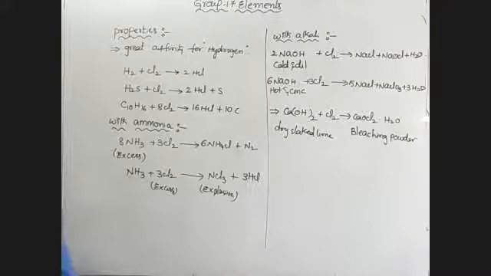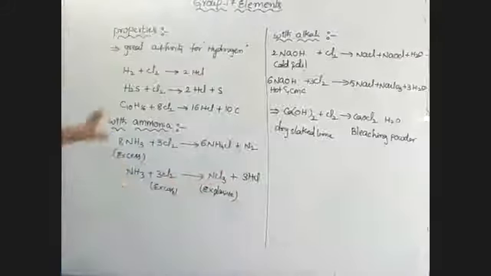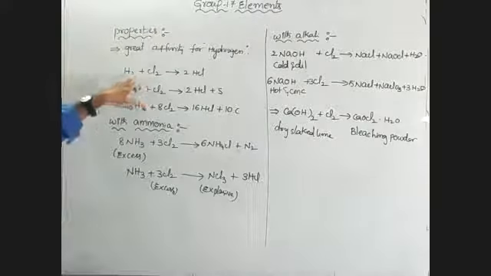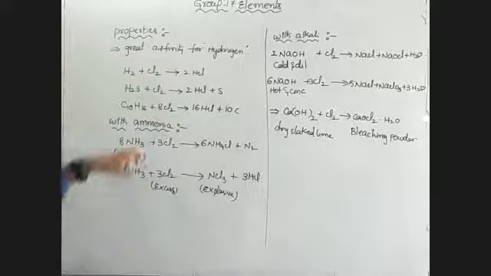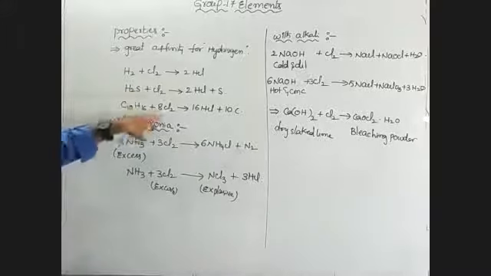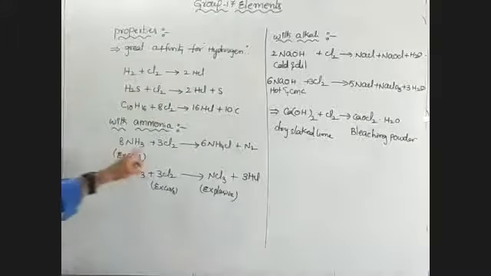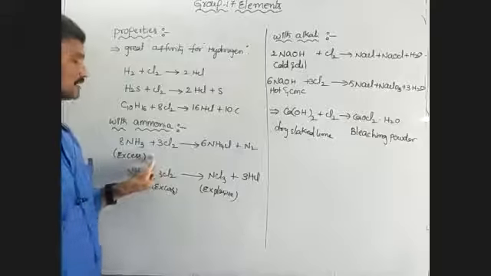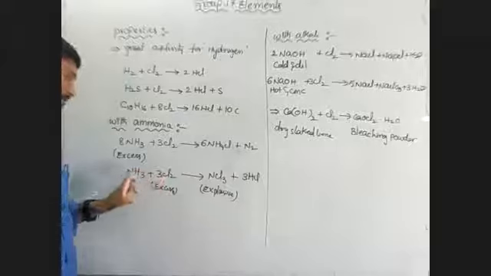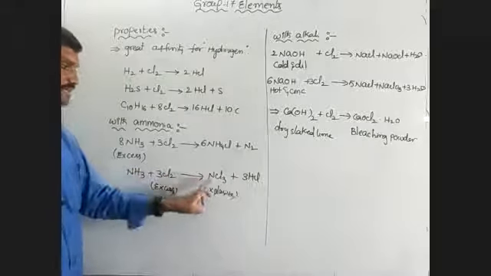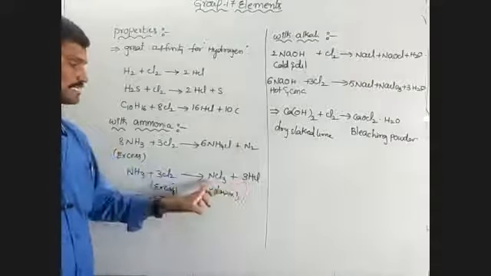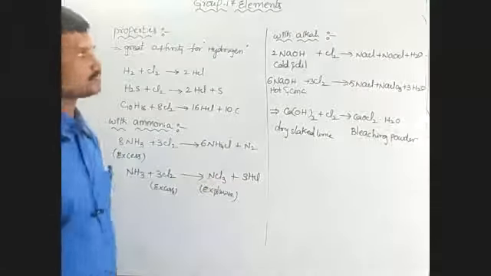So this reactions here. Once again, it has a great affinity for hydrogen. That means chlorine combines with hydrogen, it forms HCl, and chlorine combines with compounds with hydrogen, it forms HCl also. Chlorine reacts with excess ammonia, it forms ammonium chloride and nitrogen. Okay, excess chlorine combines with ammonia, it forms NCl3, nitrogen trichloride, which is explosive in nature.